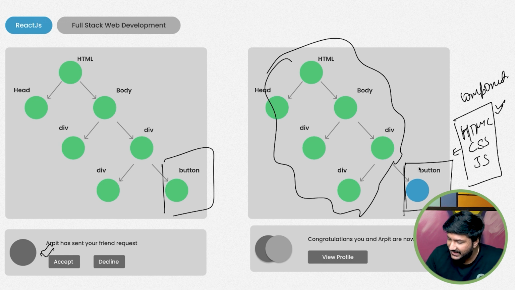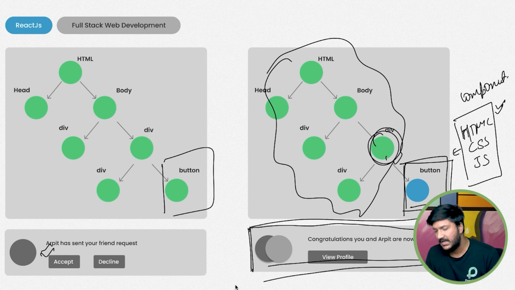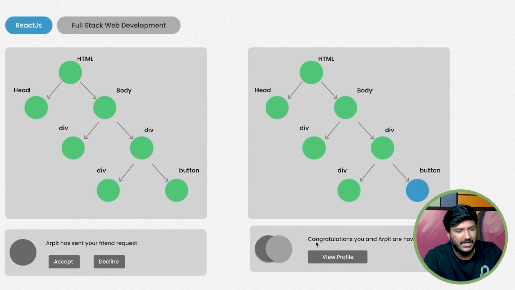Since there's a change in that button, in that component or that div in the DOM, the rest of Facebook remains the same, and it says congratulations, you and Arpit are now friends, and then view profile and all of that comes. So you're not re-rendering the whole page, you're re-rendering a few selective components based upon changes in a specific area of the DOM tree. This is how React would work.